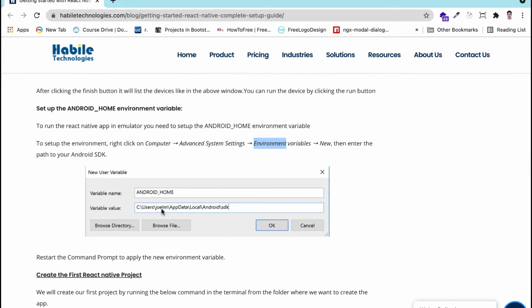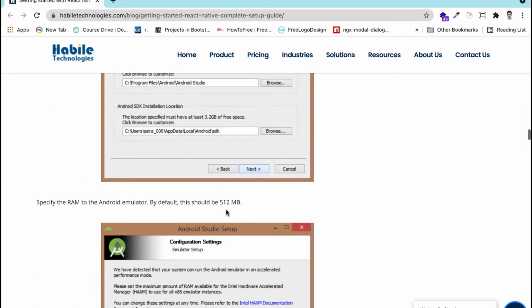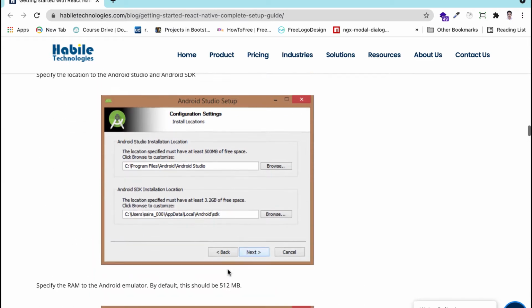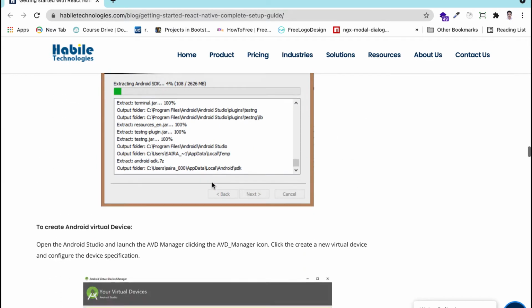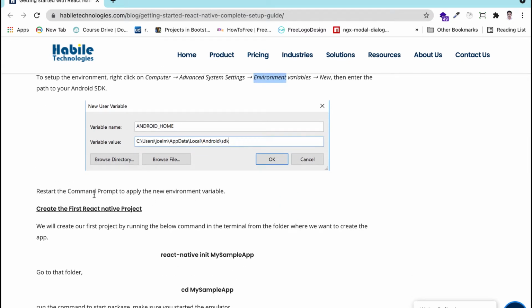You have to configure the path and paste the SDK path. The SDK path you will find here. This one is your SDK path, so you have to configure that. Then restart the command prompt to apply the new environment variables.